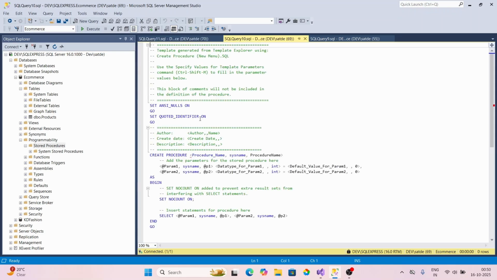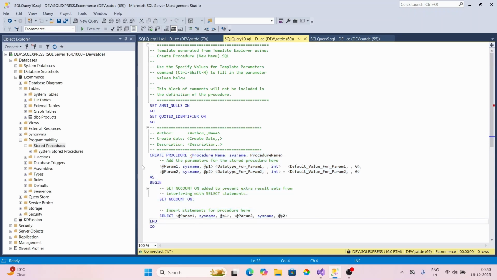If you use this template, it will be helpful, like you will get some written code here that will save your time and hint you where to put what. Okay, like if we want to create the procedure, it already gives us the syntax to create the